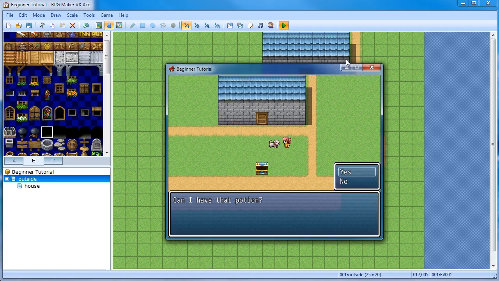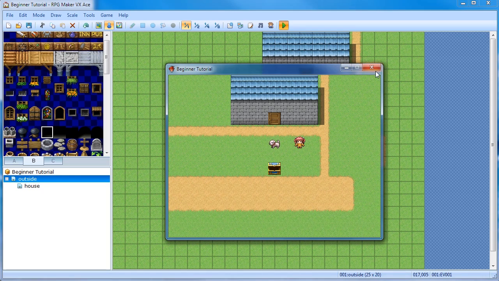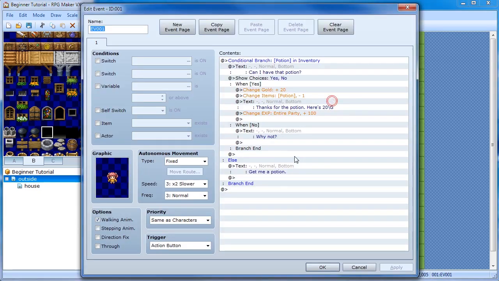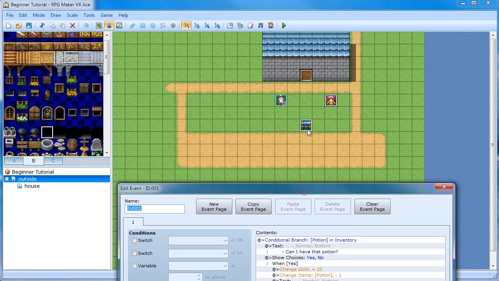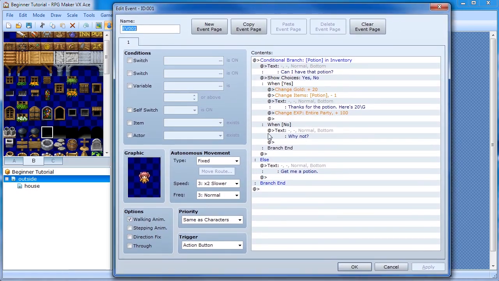Because again, we had 5 potions from the treasure chest. And so there you go. So now we can just keep giving her potions as long as we have potions. Well, that might be fine. Maybe she just wants as many potions as you can possibly give her, but maybe we don't want her to do that. Maybe we want her to only let us do this quest one time. And so in that case, we're going to do something similar to how this treasure chest works, because we want this to stop working after